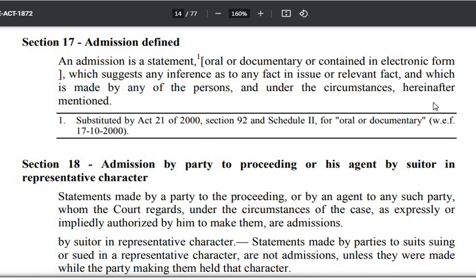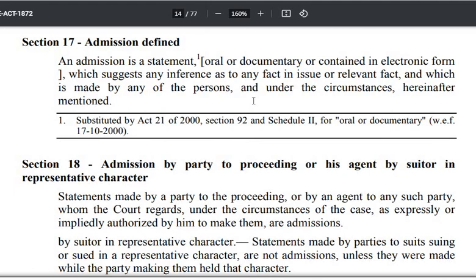They said that it should not be a judicial statement. So what should be the nature of the statement? That is clearly stated, that it should suggest an inference. In reference to what? In reference to fact in issue or relevant fact in a suit or proceeding. And who will make the statement and in what circumstances he will make the statement, that you will find in 18, 19 and 20. So admission होना चाहिए, ये judicial statement नहीं होगा, it is an extra judicial statement. और ध्यान रखिएगा कि nature आपको already समझ में आ गया section 17 में. अब 18, 19 and 20 talk about whose statement is relevant,